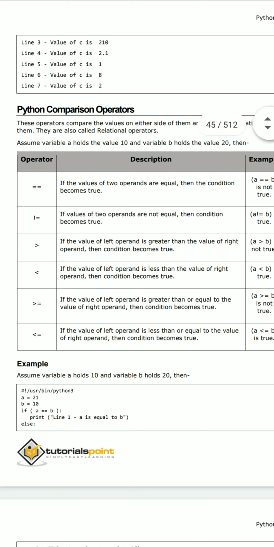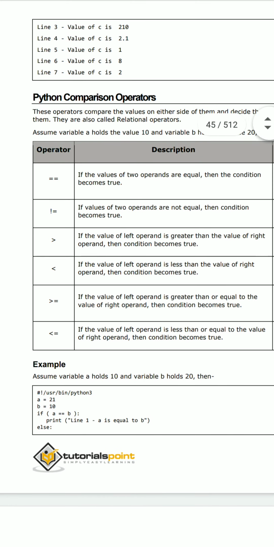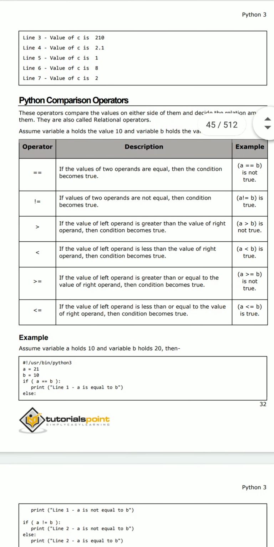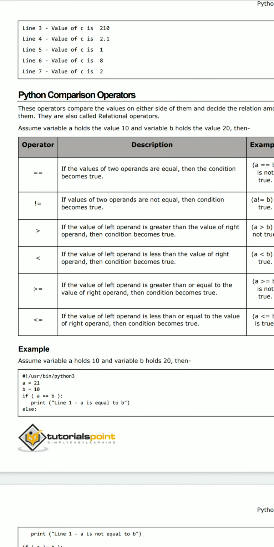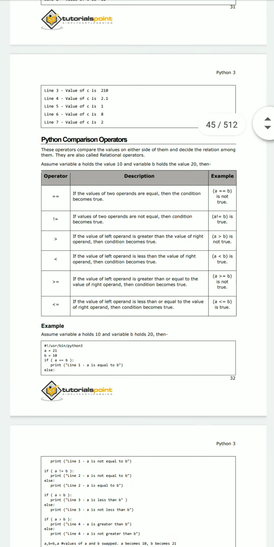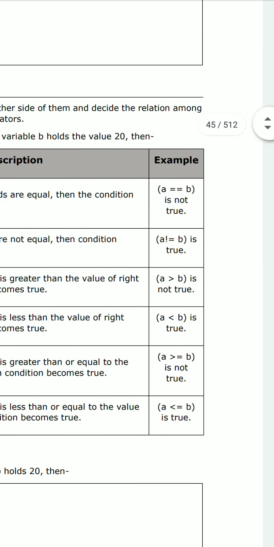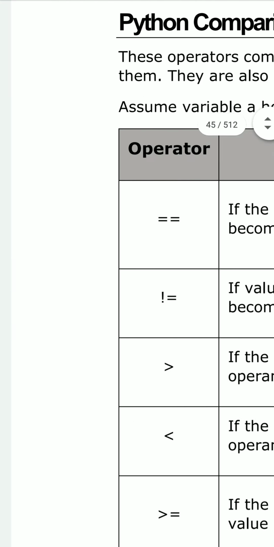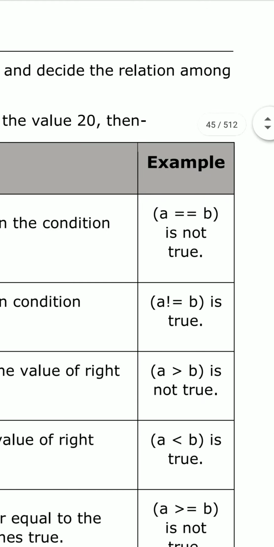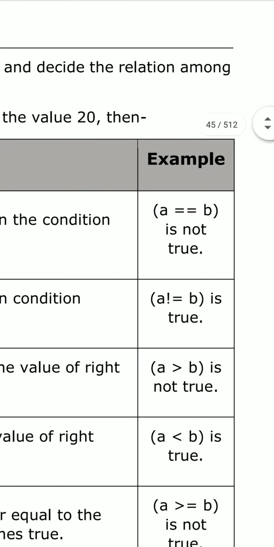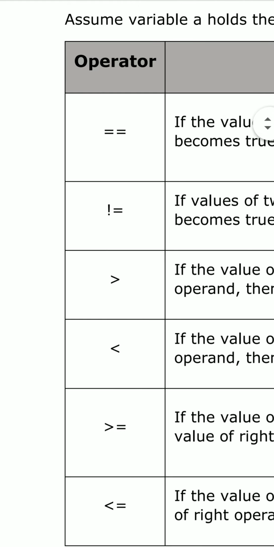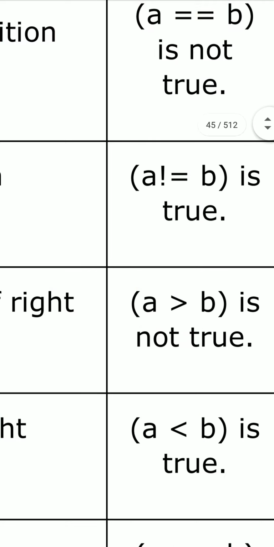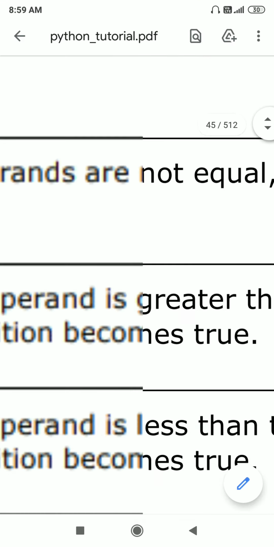And the next concept is Python comparison operators. We have different types of comparison operators in the Python language. Consider the different types of comparison operators one by one. First one is equal to. Here a == b, where == represents the comparison operator, and if a is equal to b is true, then we get the result, otherwise we don't. And the next operator is not equal to, a != b, which shows the not equal to operator.